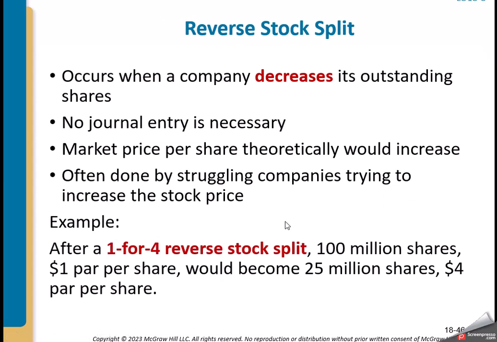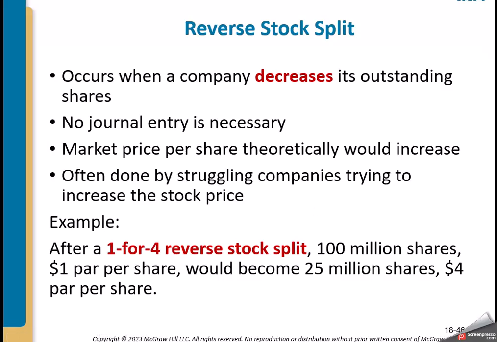A reverse stock split's going to go the other way. So maybe your stock price goes so low and you want it to go back up. So you want to increase it. So then you have a 1-for-4 reverse stock split. So then where you had 4 shares, now you only have 1. That's going to, again, just bring that price up, because you don't want to have the stock price selling at $1 a share, you know what I mean, or something very low. Okay, so that is our equity section and our variety of different equity